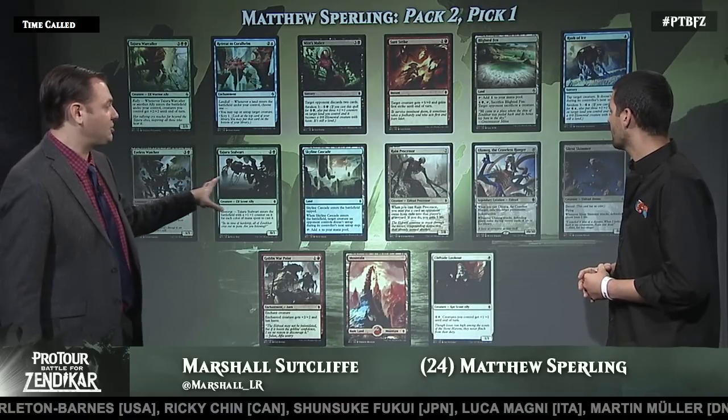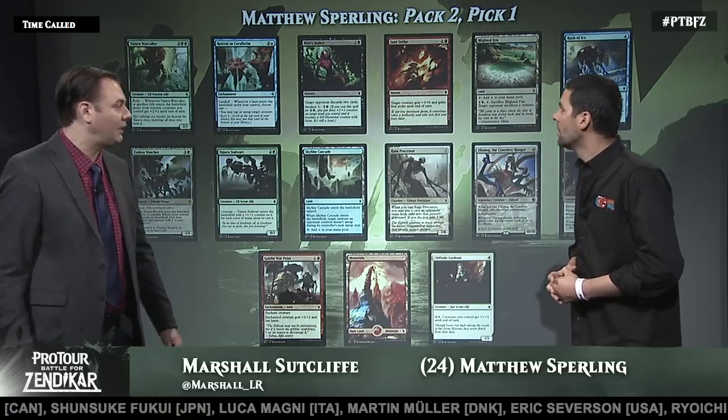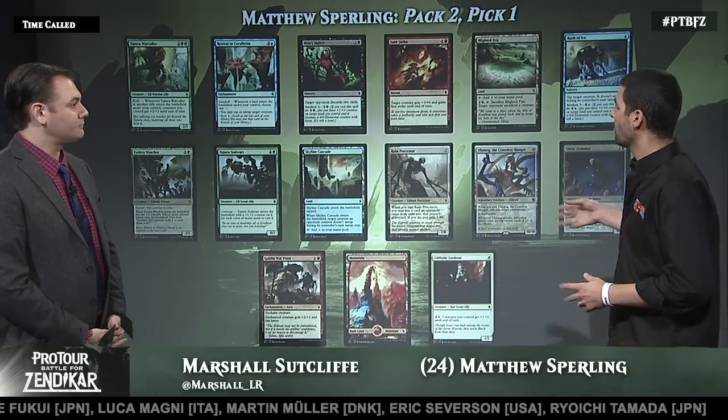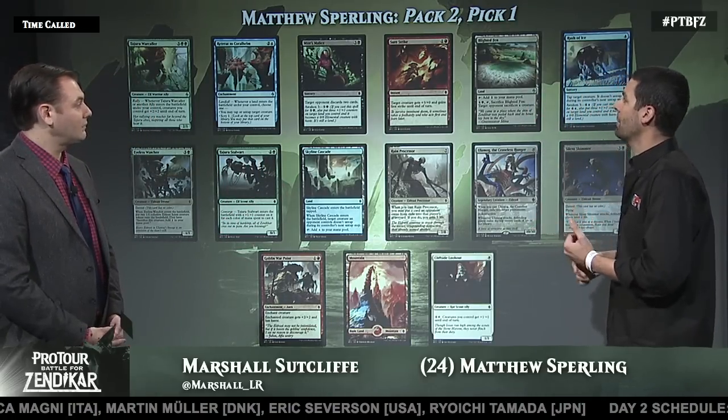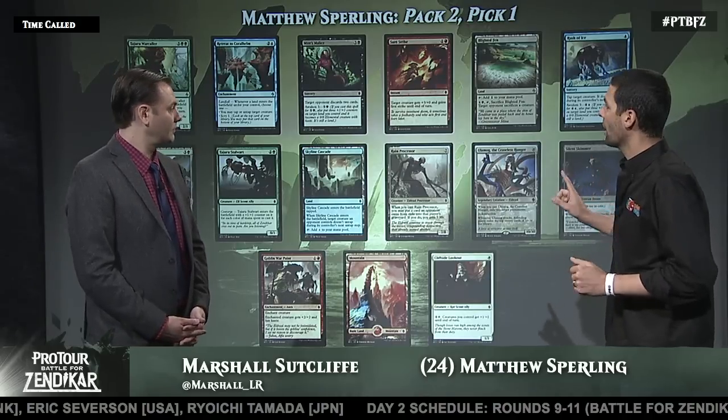What jumps off the page to you? I mean, I know what I see. I see Ulamog, though it doesn't seem to fit in your strategy super well. So I've had a ton of success with Ulamog. I went to time on this pick. I could not decide between Tajiro Warcaller, leave myself open for that double Warcaller, or take Ulamog, a card that